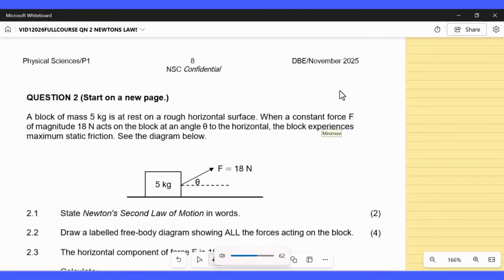All right, after getting our definitions, we're starting with this year's question paper, November 2025, question 2. It says a block of mass 5 kg is at rest on a rough horizontal surface. So here they're giving us the mass, okay? The mass is 5 kg and it is at rest on what? A rough horizontal surface. When a constant force F